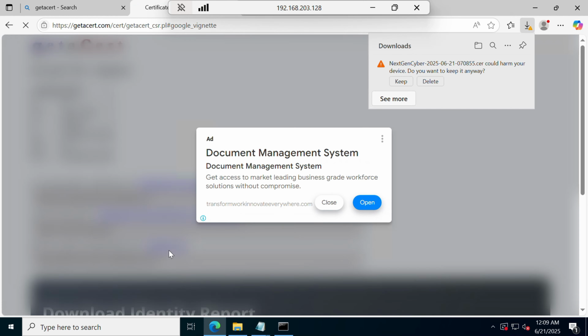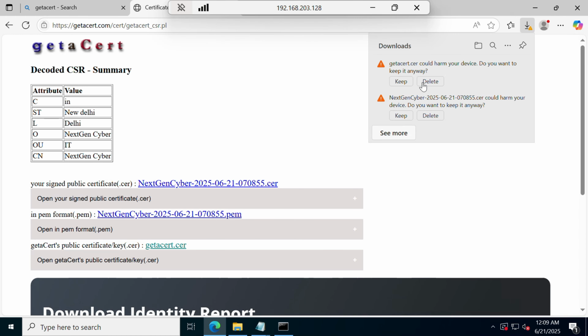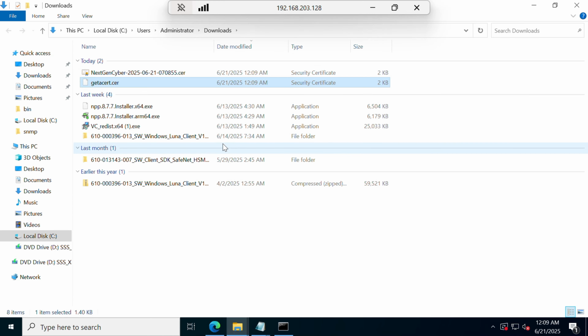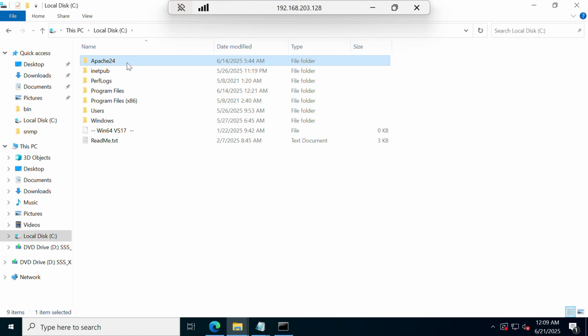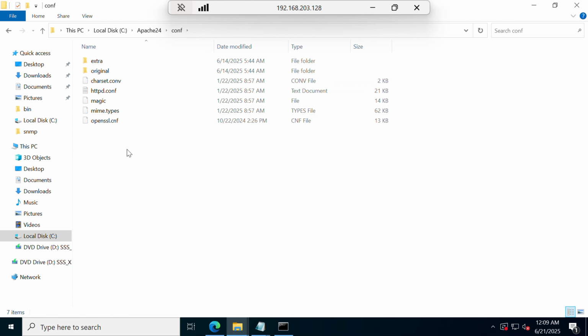After downloading your SSL, then download your chain certificate, then click on it. Once you have downloaded both these certificates, navigate to the download location, copy both files and paste them in the Apache conf folder. Then navigate to the Apache conf, then paste it here.